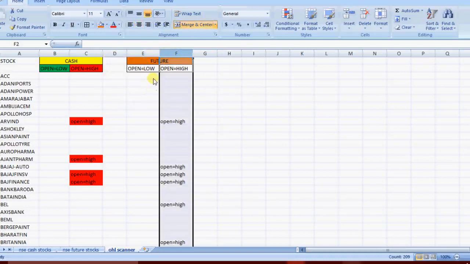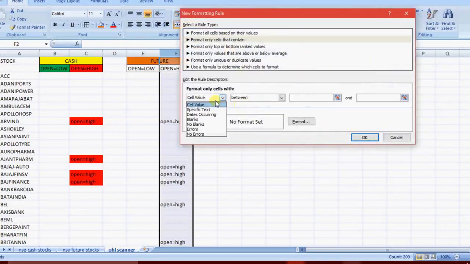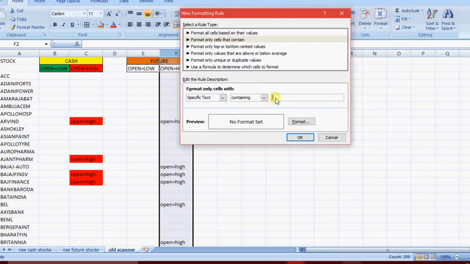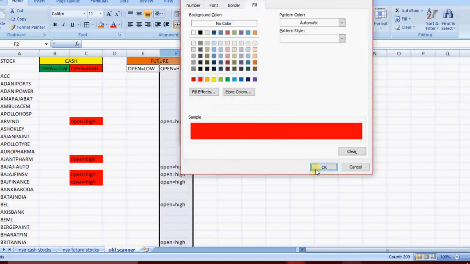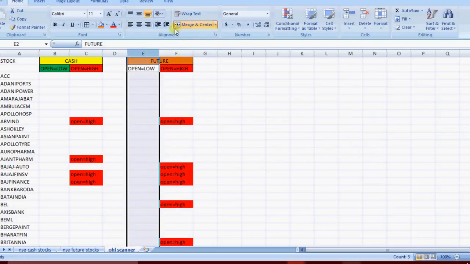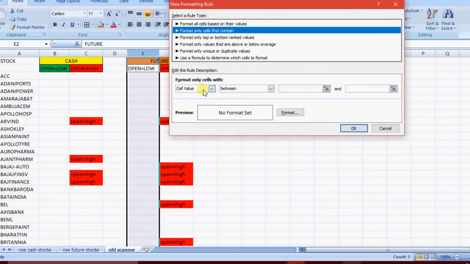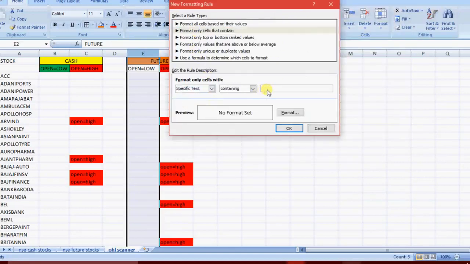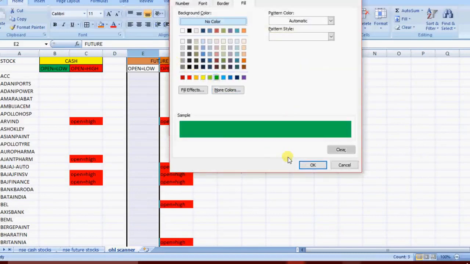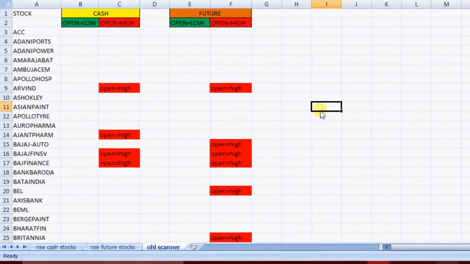The same thing I'm going to apply here: open is equal to high, red; open is equal to low, green. Okay, now our scanner is ready.